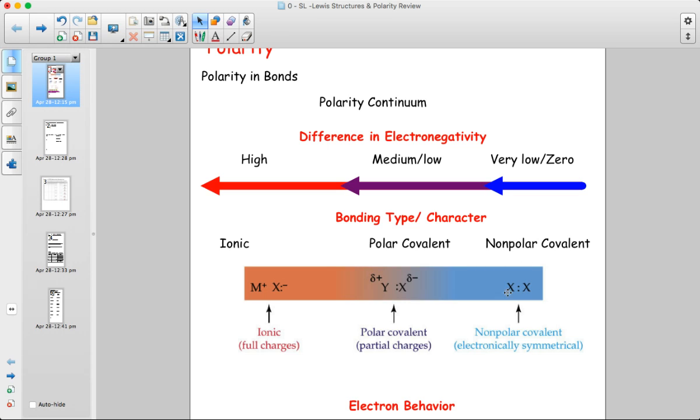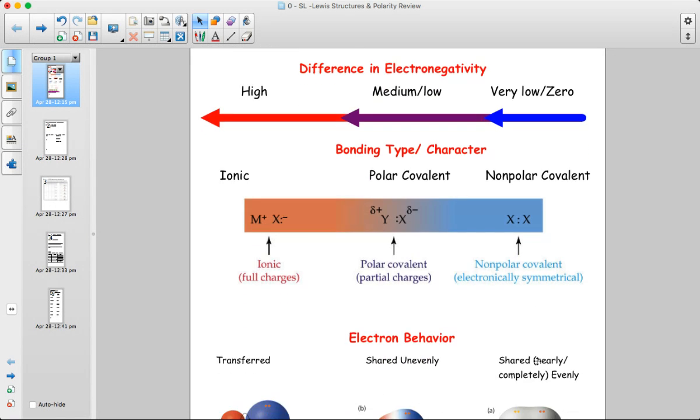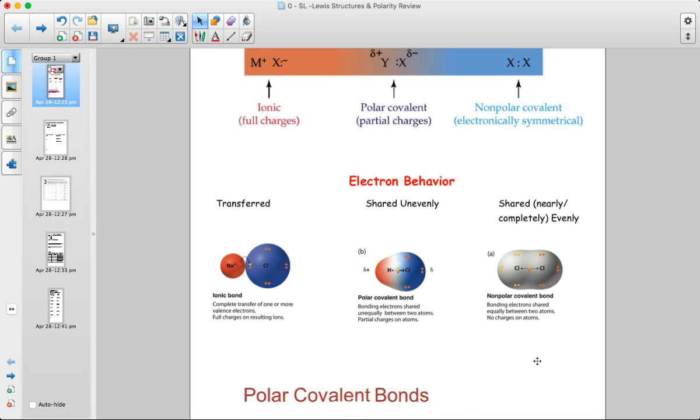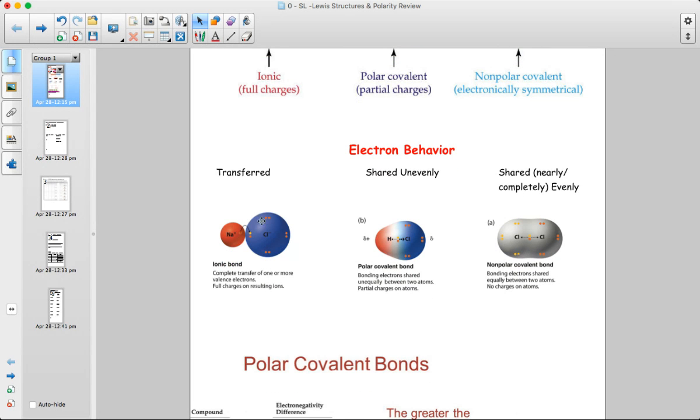However, if electrons are shared evenly across a bond, because the electronegativity difference is extremely low, about 0.4 or less, then the bond can be considered completely nonpolar covalent, meaning that electrons are shared evenly, and so there's no partial charges that result. Okay, so some pictures that represent this: you've got the electron transfer of ionic bonding, you've got